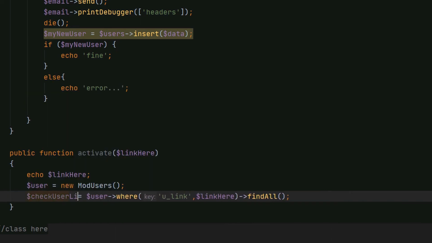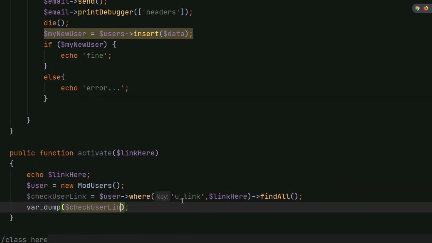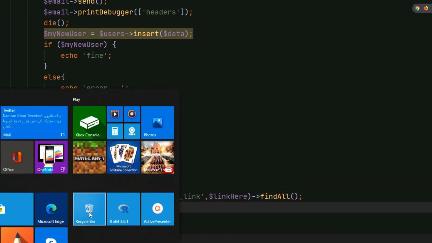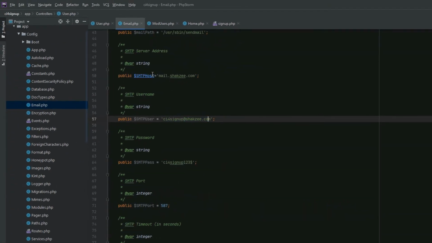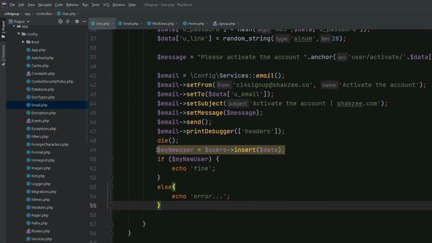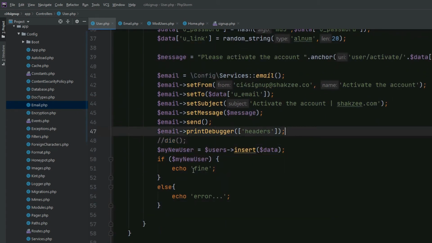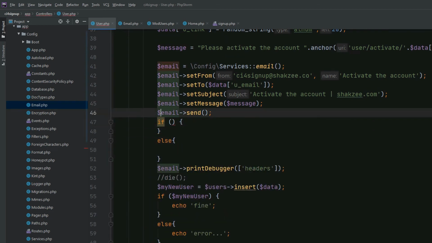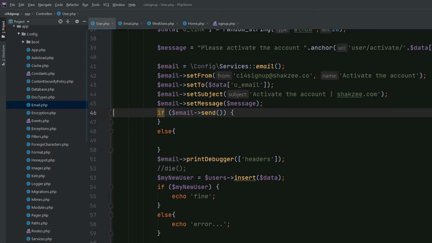Check user link. Now var dump, and remove this one. Okay, so check link. So now we are going to open this bad boy because we are going to create the proper things. Now I'm saying if you send the email, you can also wrap it in this email. That means if you send the email successfully, then the second step,